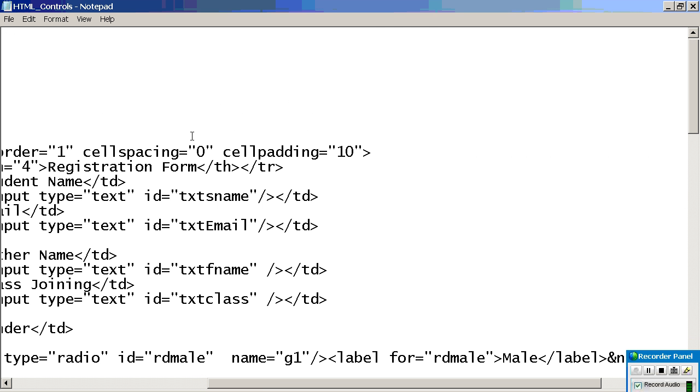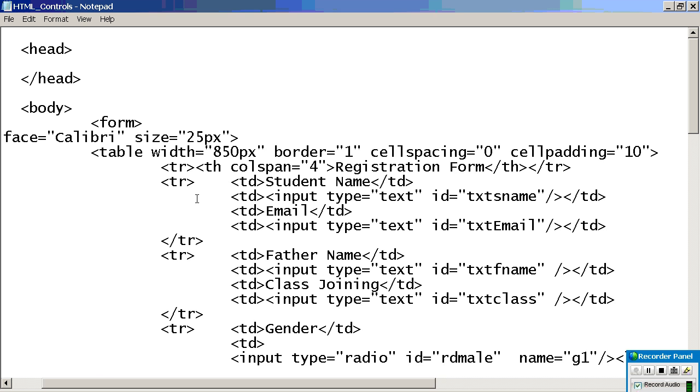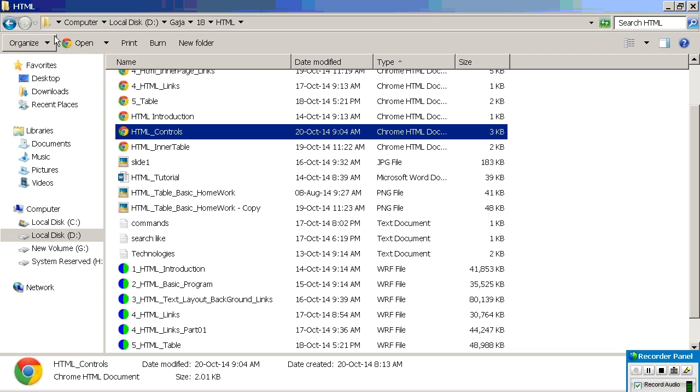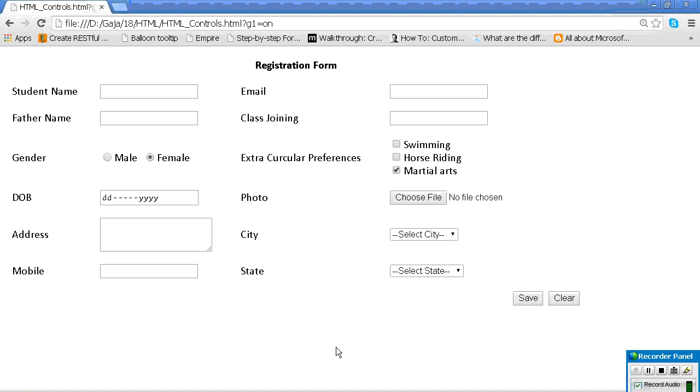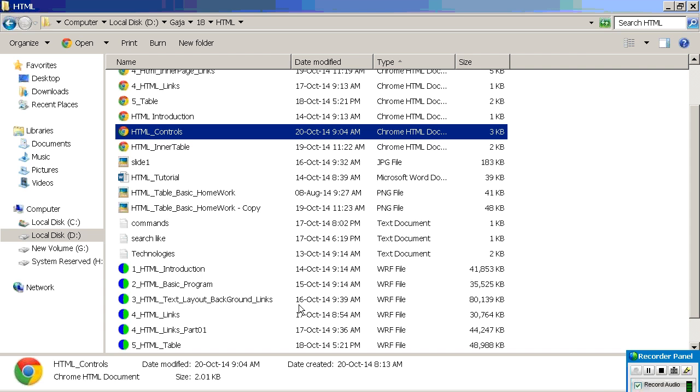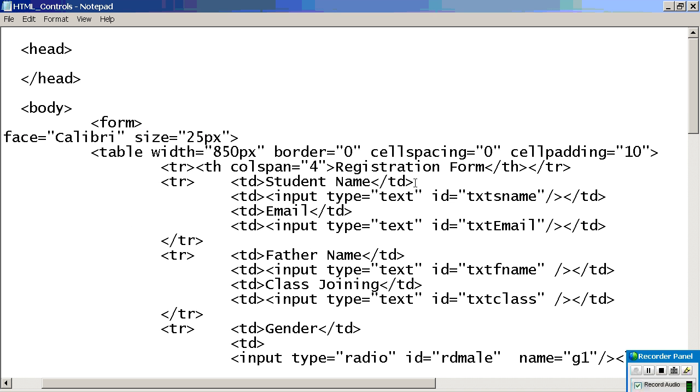Finally what we can do, go here, we can make border equal. Now for better understanding, under CH, keep a control for sector.